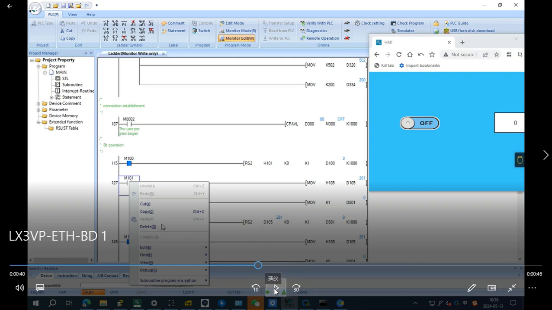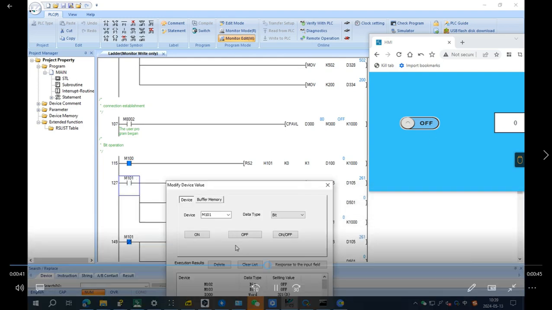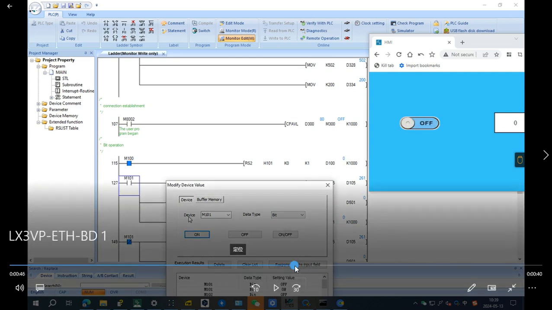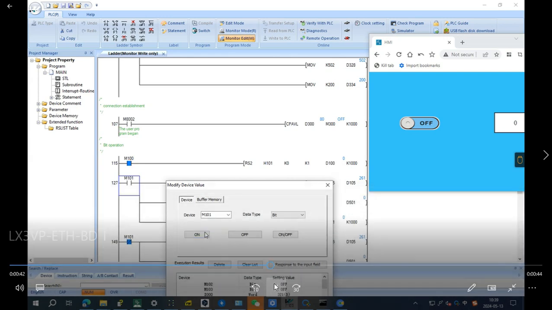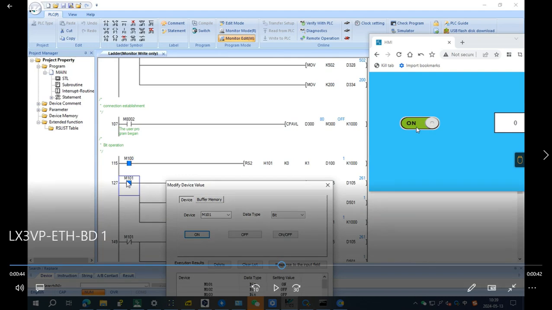So now you can see the program is running normally, and we can get the bit value and write the bit value. As you can see now, I triggered M10. If I trigger M101,